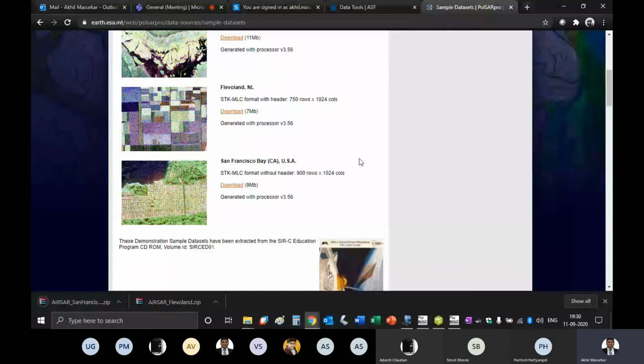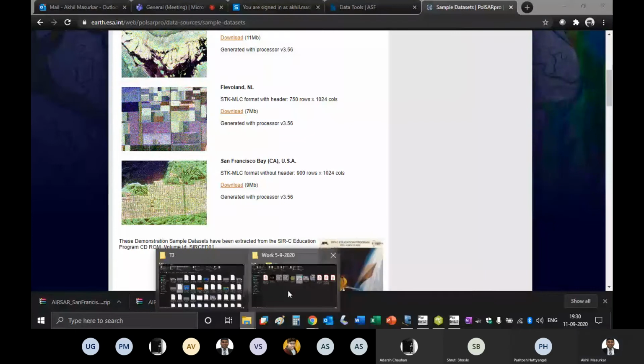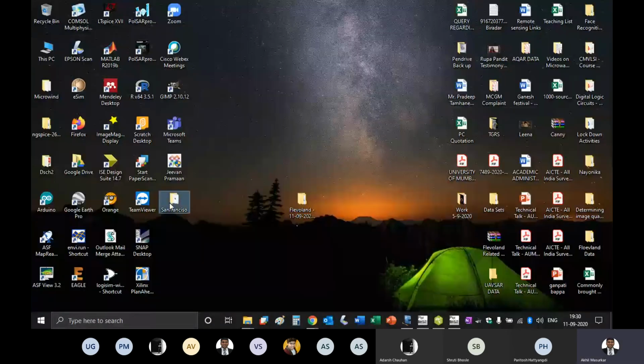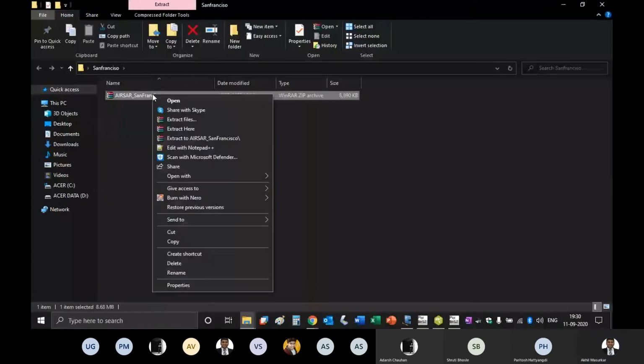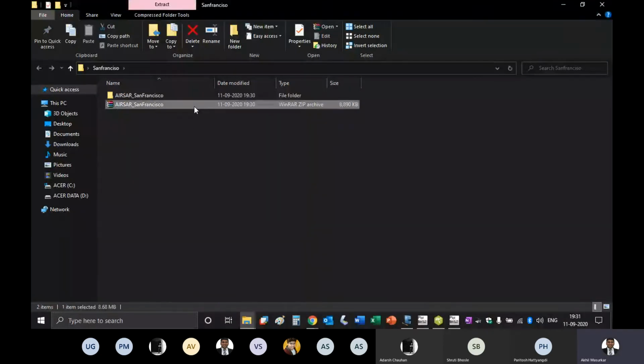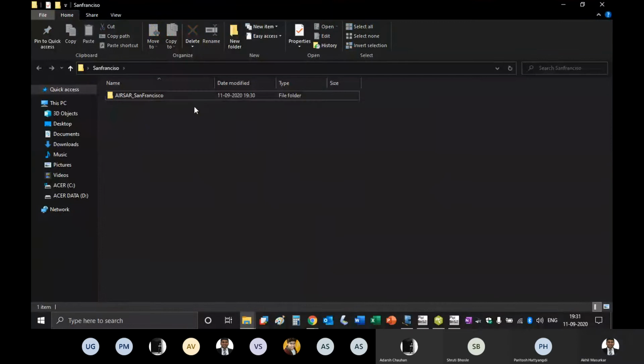You need to open that folder, and then just unzip this, and you can remove the file.